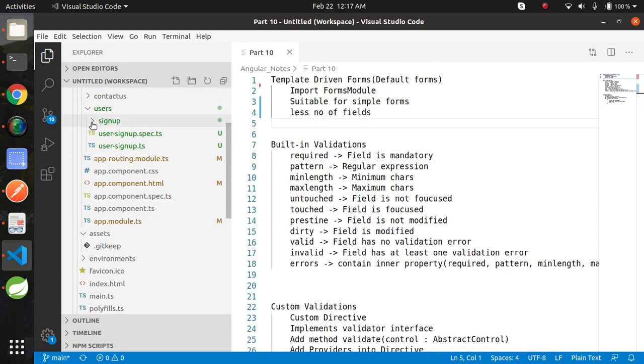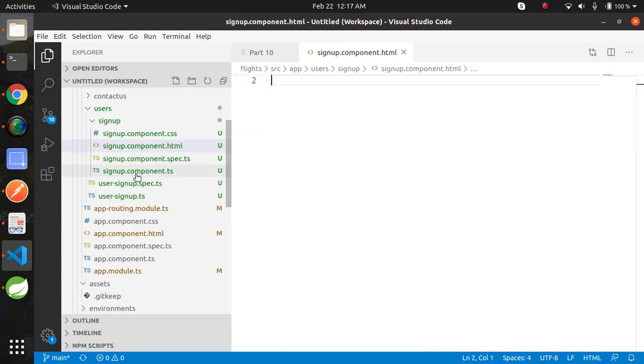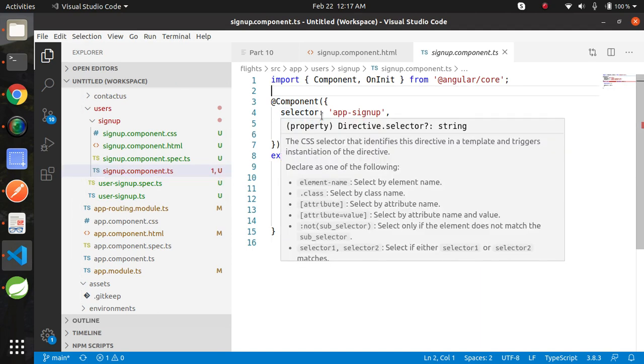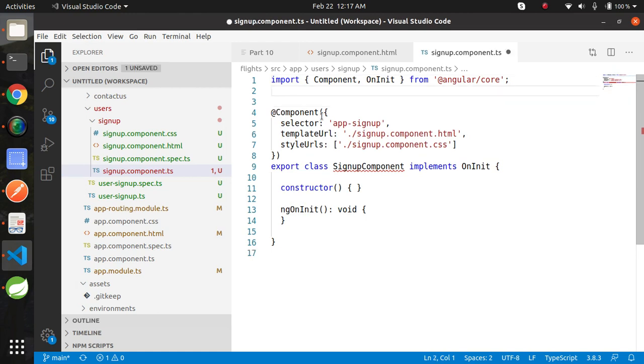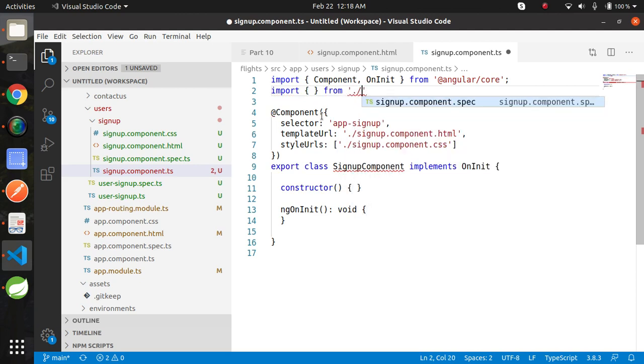Now open the sign up component HTML file and TS file as well, component TS. Import class user sign up here.